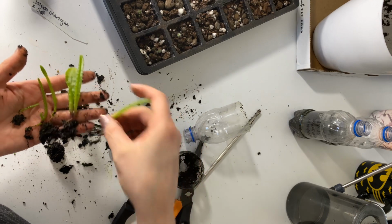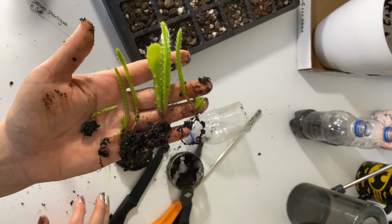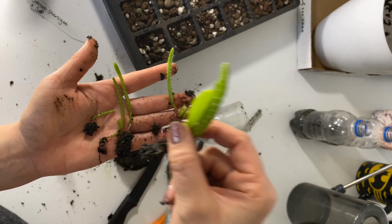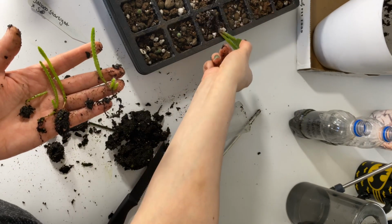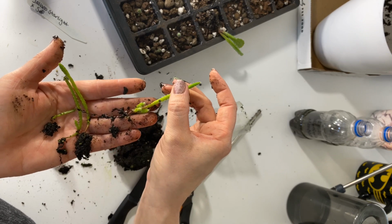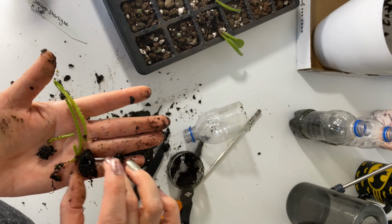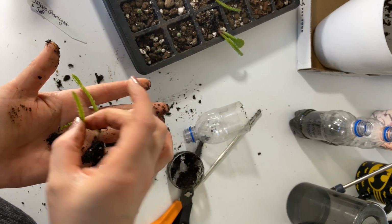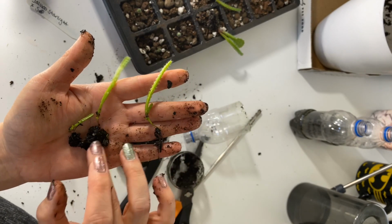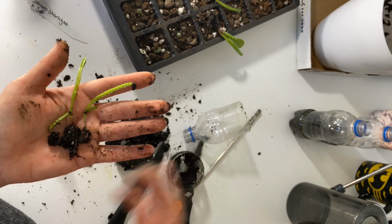So I feel like this is a really good example of the idea of culling. The example that I'm showing here is you can see that I've got several seedlings. This one is obviously the strongest of the seedlings, so this is the one that I will definitely be keeping, hands down. This one here also looks kind of strong and it's got new branching, these 3 little branch growths. So that one I'll probably be keeping. I don't think I'm going to keep these. This one is obviously just really, really small. These 2 have a little branched growth, but like I said, in all honesty,